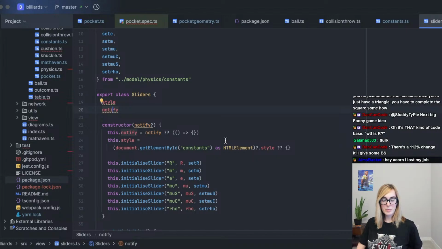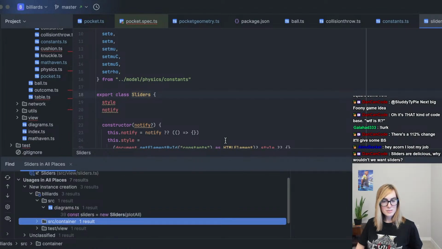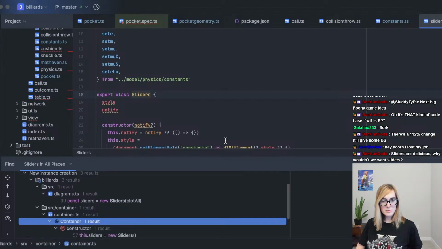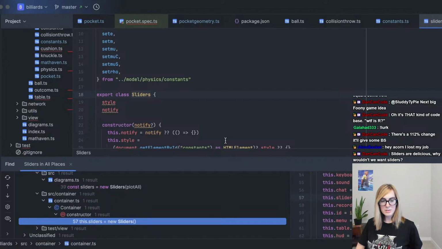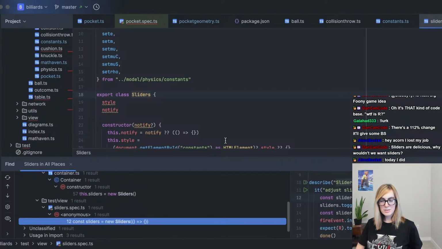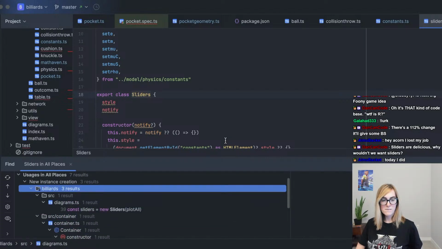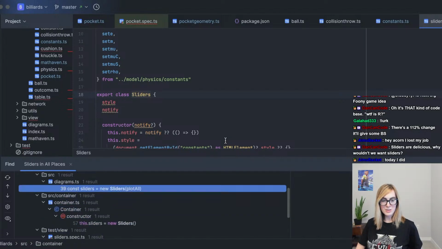Okay, where is this actually used? So it's used in diagrams, it's used in a container, and it's used in a test for adjusting sliders. So if I just delete this code,